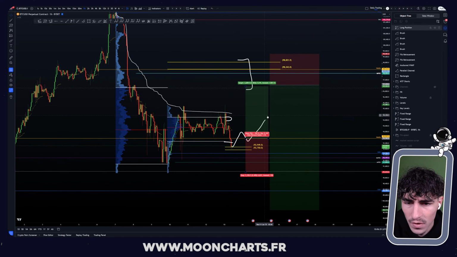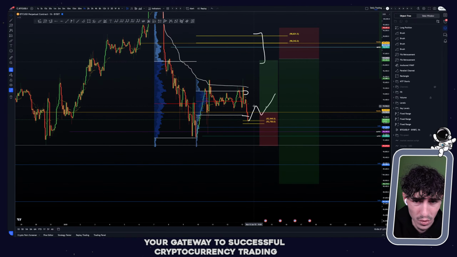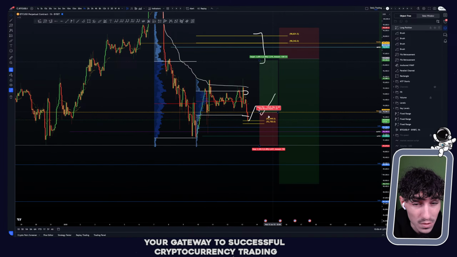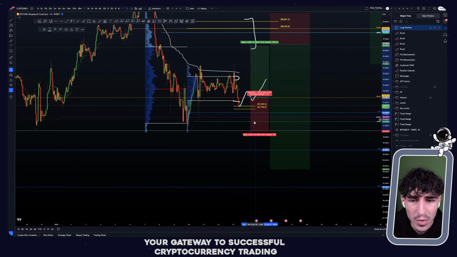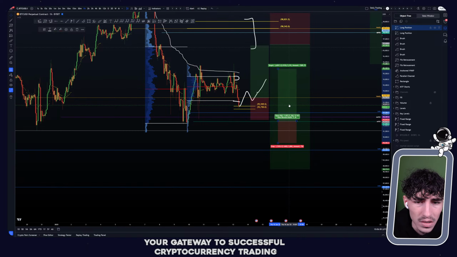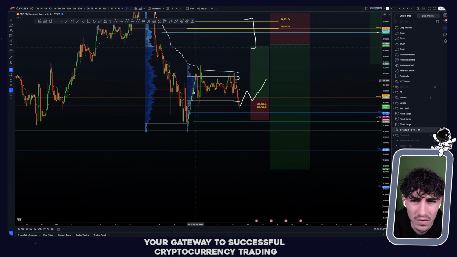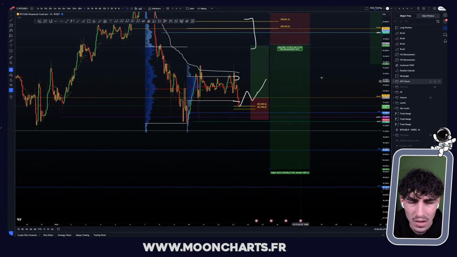Yeah, there you go. So this for now is a plan. And if we do not manage to reclaim this zone of support, flip it into support, or just reclaim with a sign of strength, so to speak, it is just no longer going to go for the next one. It is possible to bounce from the lower targets, daily naked session path control, but I just don't like the volume confluence with this one, so I'm not going to take any long trade on this below.